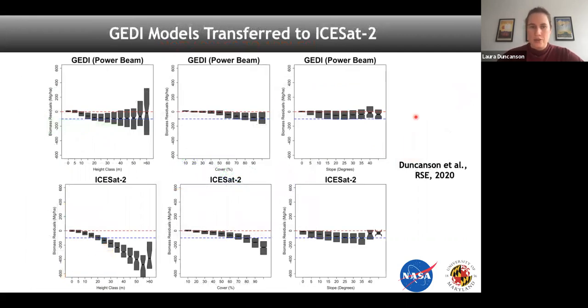So we tried to essentially say, okay, can we take a GEDI biomass algorithm and apply it to ICESat-2 data? This is work from California, from Sonoma County, where you have really huge tall trees, a high biomass region. And we found that ICESat-2 was underestimated. This is all based on simulated data, but it suggests that ICESat-2, for really tall, dense forests, is going to be shrinking the tree heights and therefore underestimating biomass compared to GEDI. So it's some caution. I think we need to do some refinement for using ICESat-2 in places like the tropics, but there's some good potential here.